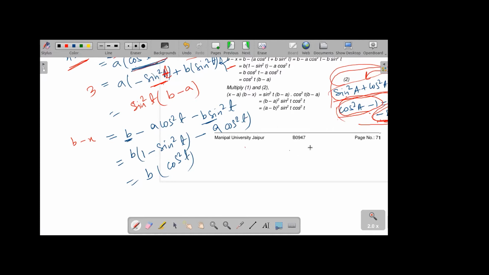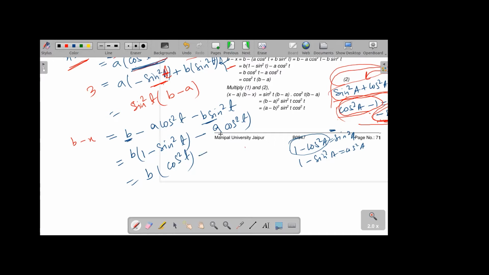If I can do 1 minus cos square a is equal to sin square a, then I can also do 1 minus sin square a is equal to cos square a. Okay. And don't get confused. This came with a minus here because this was reversed, like cos square a minus 1. So if it was sin square t minus 1, then I would have written minus cos square t. Okay.